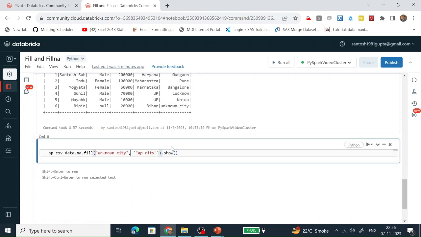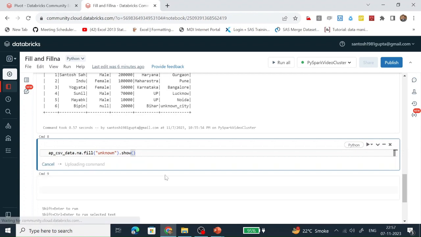Here, instead of defining any columns, we are saying fill with unknown, whatever the null value, whatever the column of this data frame has, for each and every column.